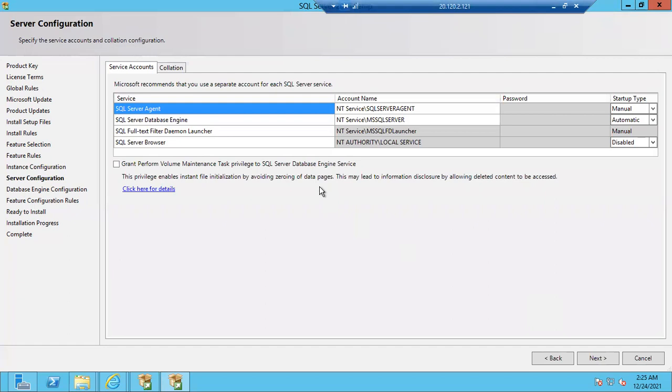Right. Okay, guys, important screen, very important screen. Service account is an account which helps to run the service. Each service will have its own service account, even while installing an antivirus software also. Okay, I'll give you one example for service account. Antivirus, what it will do, guys, usually